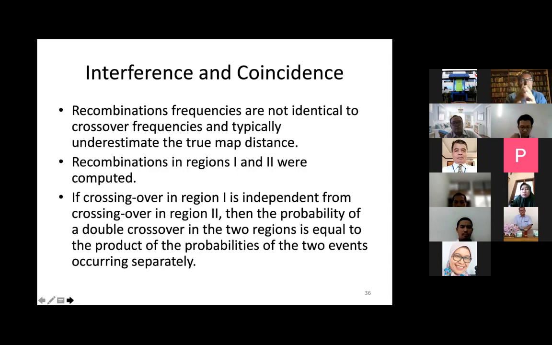Do you have some type of inhibition, or is there never an interference between one crossing over and the other? So it looks like there is some interference. When one crossover occurs, it will prevent or lower the chances of having another crossover nearby, because it makes sense. It makes sense in such a way that there's a lot of energy spent by the cell to make that